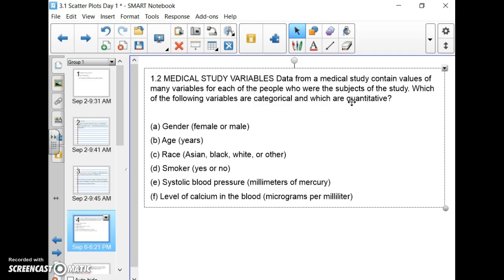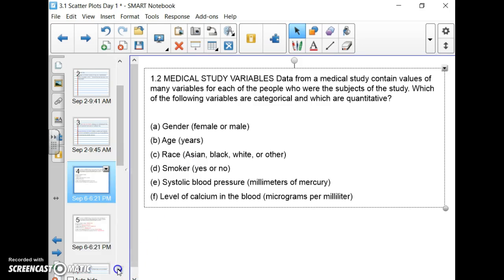If it's a group, it's a category, so it's categorical. If it's quantitative, which basically means there's some kind of numerical value to go with it, or, for example, some kind of measurement, then it's quantitative. So we did these as a class. If you guys weren't here, I had the class talk about which ones they thought were the appropriate answers here. But to go over them,